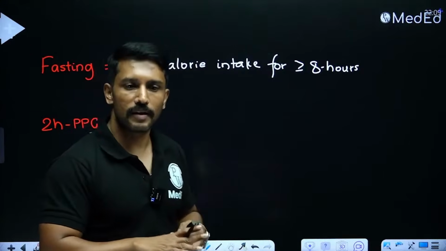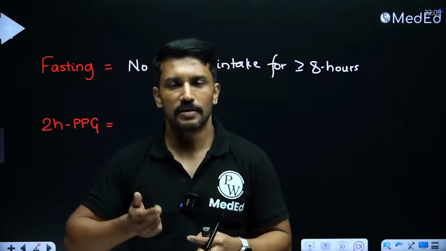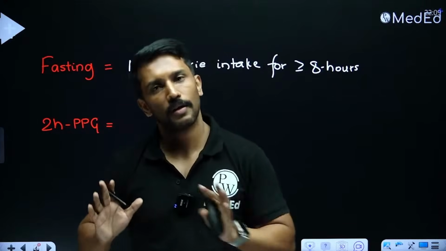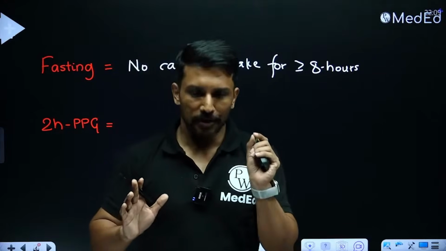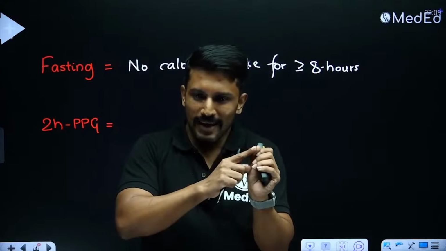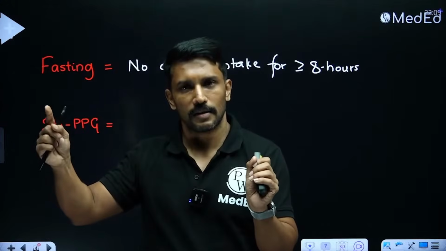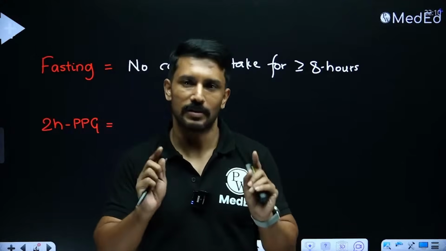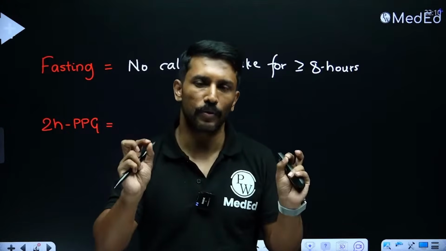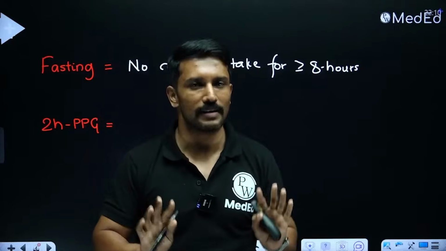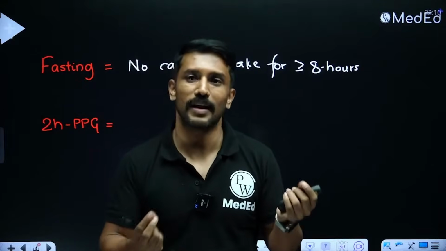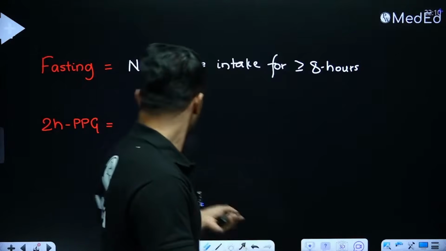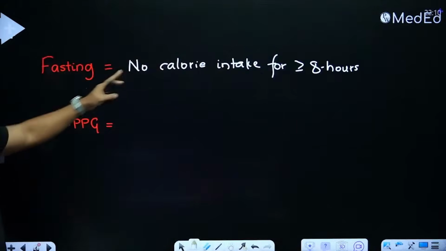So does it mean that I can do the fasting plasma glucose only in the morning? No. If the patient takes food and after that is not taking any calorie for 8 hours, we can do the fasting plasma glucose levels during the day also. So fasting is clearly defined as 8 hours of no calorie intake, whether it is day or night, doesn't matter. Of course, doing it at night is more convenient, right? Now then, fasting is sorted.